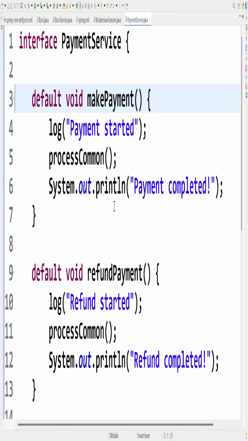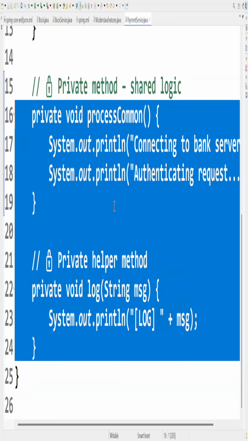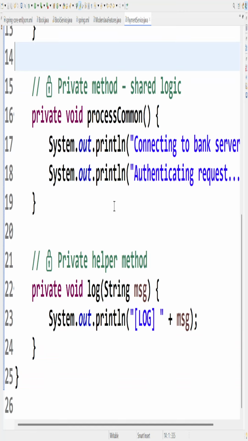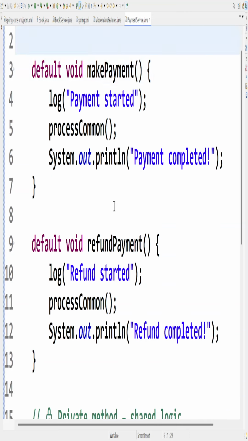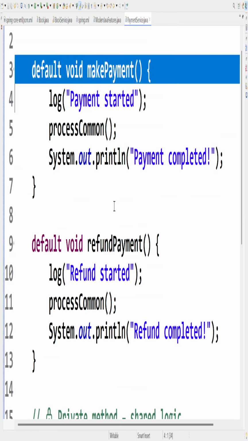Here is another cool new feature about Java 9, that is the private methods in an interface. So in Java 8, if you see, Java 8 brought in the concept of default methods and the static methods. That means now interface methods can have bodies. So when interface methods can have body, see in this example there can be a problem when you're making a